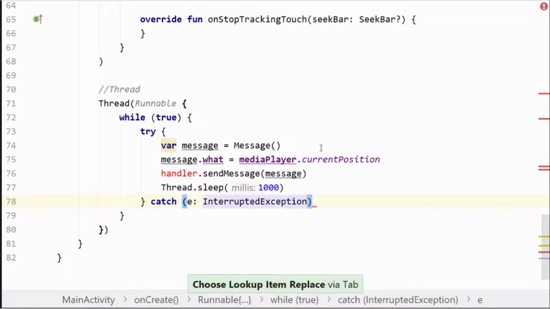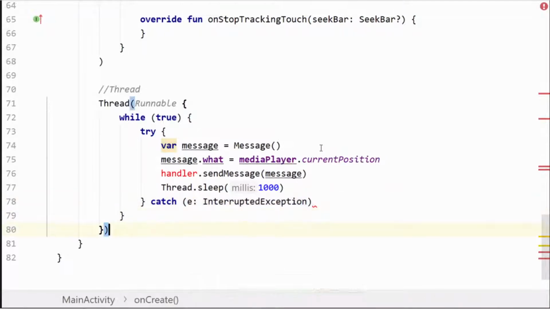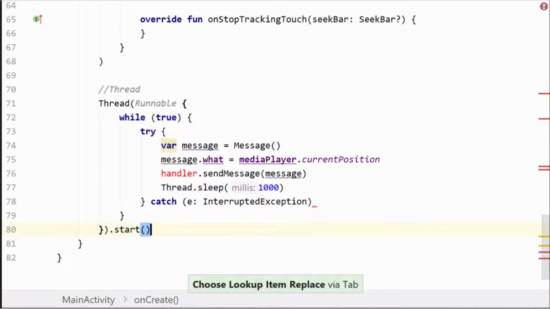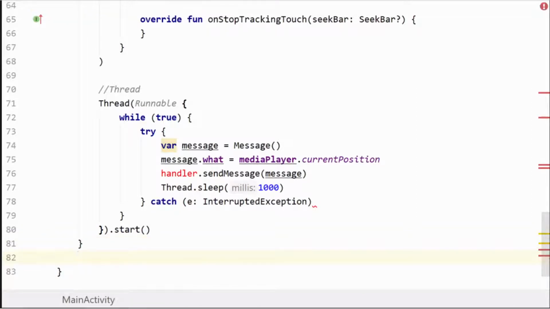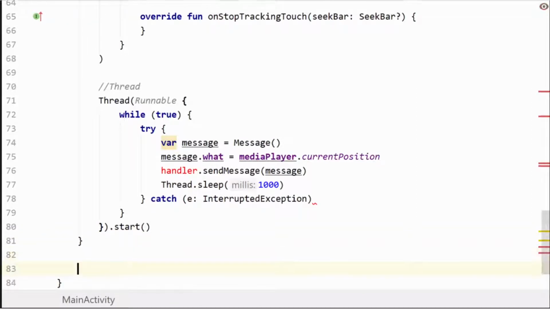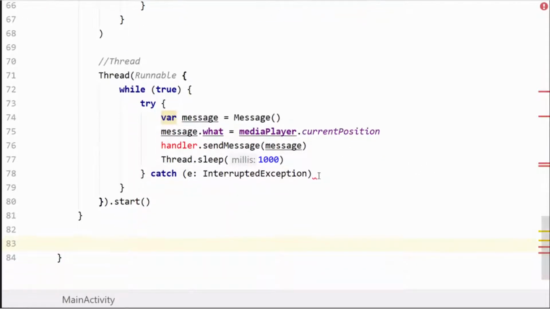After the exception. And so it starts. Okay. All right. Okay. So next is we have